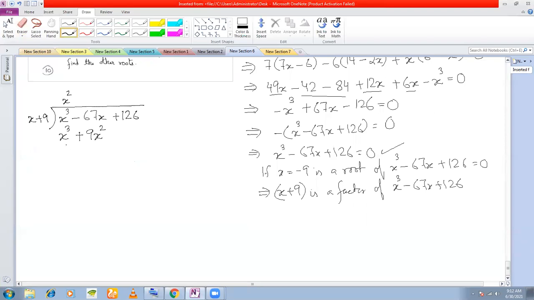Okay. So this is going to cancel here. Now these two, if you see, are not like terms. So what you write here is, if you make this a minus sign, this will become minus 9x square minus 67x, right? These two are different terms. So now we are going to multiply this with a minus 9. So we get minus 9x square minus 81x. Now these two are like terms. Now we can subtract. You understood the problem that I was facing there?